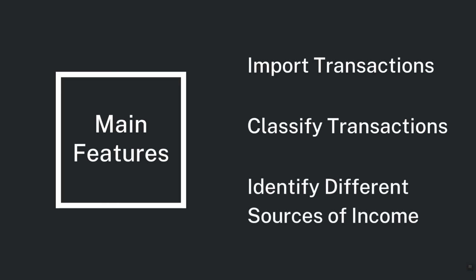And thirdly, the software will help to tax different types of cryptocurrency income sources correctly. So crypto income sources can include things like airdrops, hard forks where cryptocurrencies split into different types of coin, and DeFi interest. So these are just a few examples in addition to receiving payments in crypto from selling goods and services online or in person. Now, the fact that these software solutions can help you with all of these income sources will save you a